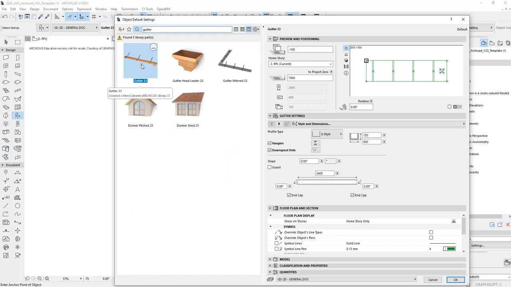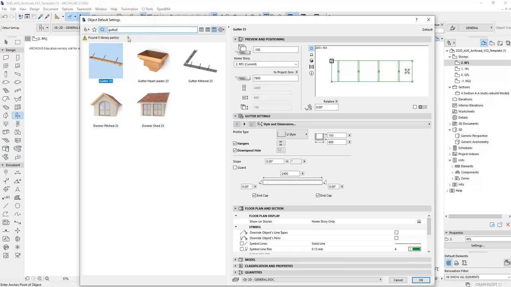Now I tend to use this one a lot because I think it's quite user friendly compared to some other versions. Now these are basically just the original standard library parts. I mean, if you're looking for something a bit more advanced, yes, it is also available. And I will show you where to download something a bit more advanced next time. Now, I'm just going to click on the Gutter 23 and walk you through how you can set this